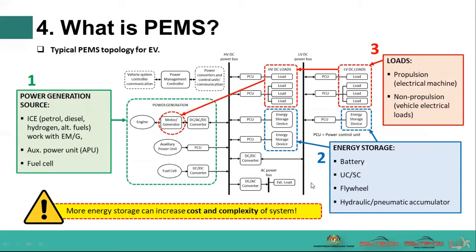This figure shows the typical PEMS topology for EV. It consists of three main parts: the power generation source, the energy storage, and the load. Power generation source includes ICE, internal combustion engine, ECU, auxiliary power unit, and fuel cell. And energy storage includes battery, ultracapacitor or supercapacitor, flywheel, hydraulic or pneumatic accumulator, and the loads in terms of propulsion